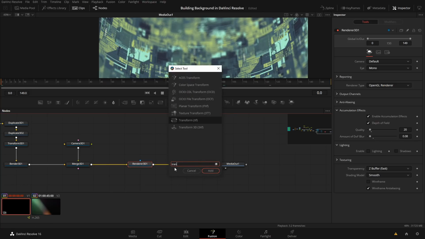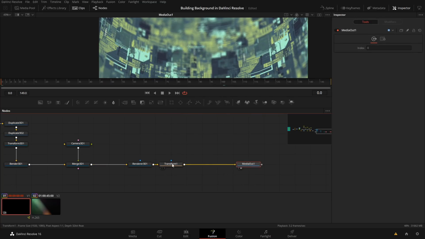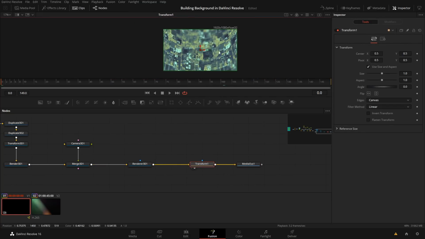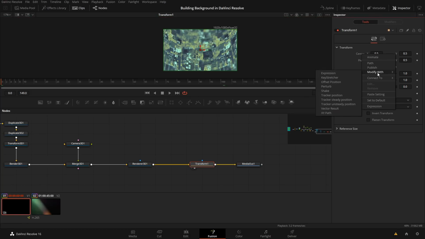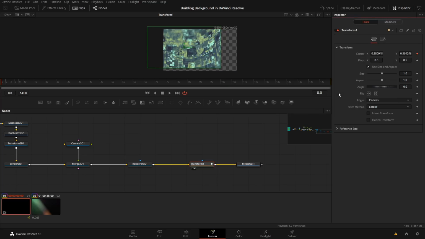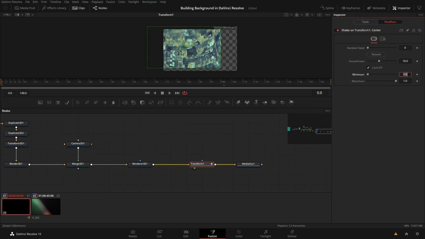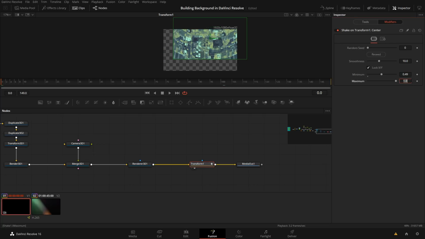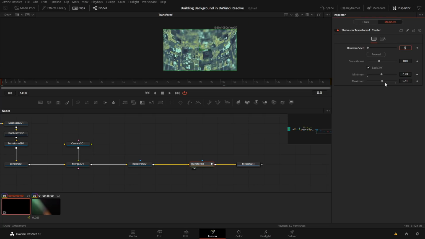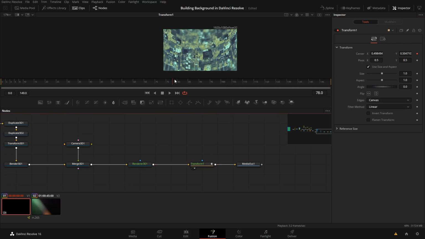What you could do is come in and do a transform, and then in the transform, now this is only if that's a studio thing, you could modify with a shake, and it would do the same thing. You would just have to change this to a minimum of 0.49 and a maximum of 0.51, and it would shake.